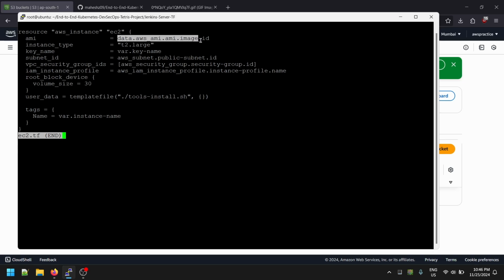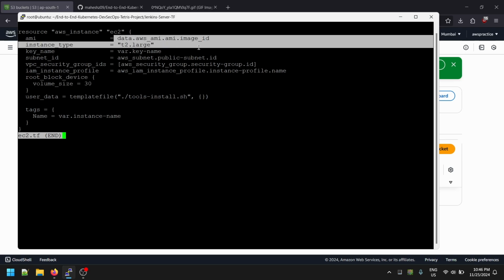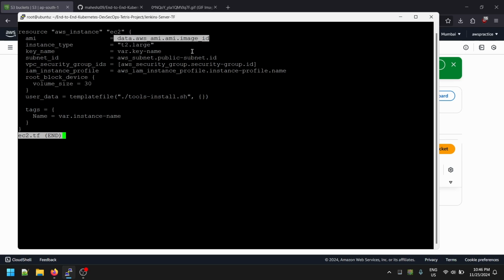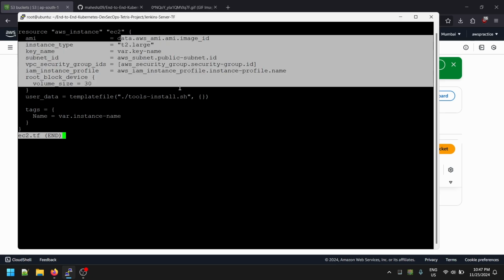Where the AMI ID is present, it will take from the AWS account itself, and throughout that it will use the data block. It will fetch some resources from the AWS API itself and paste our image ID over here, or we can also provide the variables.tfvars. So throughout that, it will get all the information that is variabilized